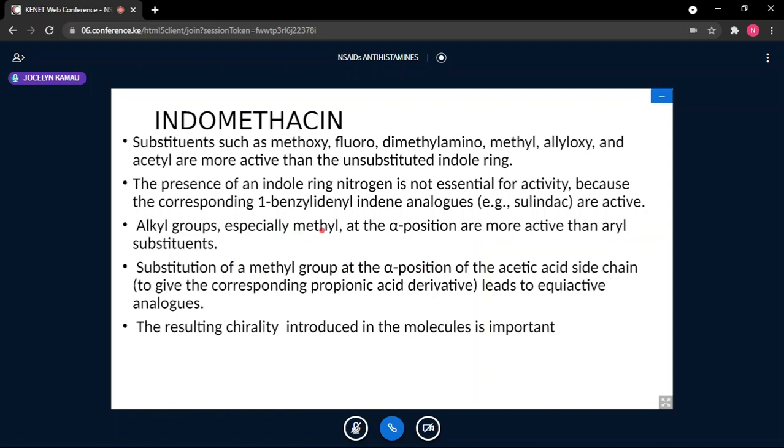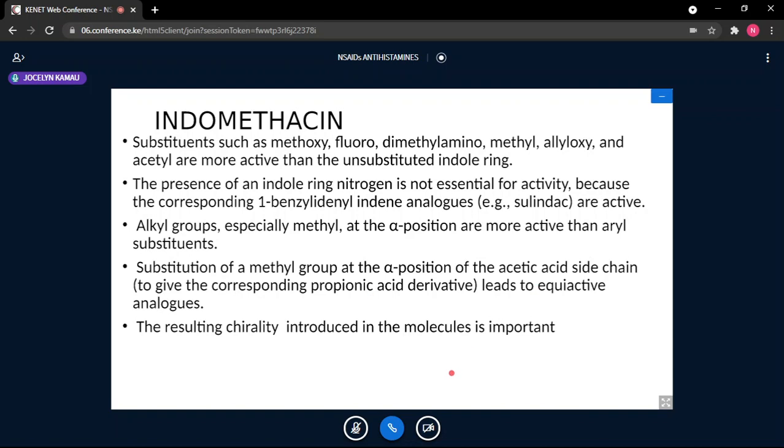This we had mentioned. At the alpha position, you cannot put big groups. Alkyl groups, especially methyl at the alpha position, are more active than aryl substituents. Again, therefore, at position number 2, you cannot put big groups. You can only put very small groups. Substitution of a methyl group at the alpha position of the acetic acid side chain to give the corresponding propionic acid derivative leads to